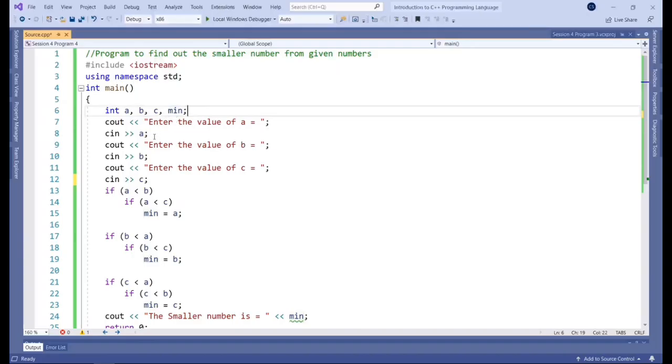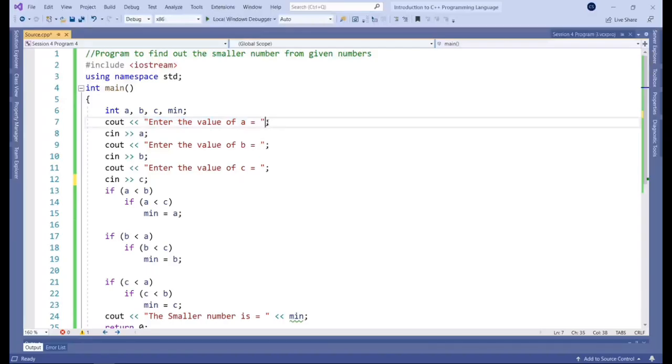Then we instruct the user, so we can print out a message using the cout object, and that basically starts a stream of data to be displayed onto the console. We use the insertion operator to add data to that stream, and then we add the string that reads "enter the value of A".